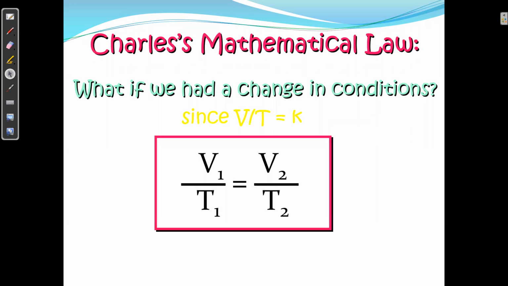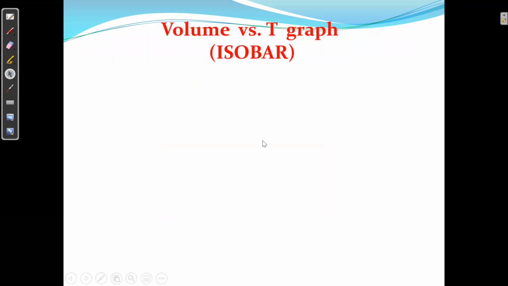Now what is constant in Charles's law? Charles's law is the relationship between volume and temperature by keeping pressure and n constant. Wherever any reaction occurs at constant pressure, that is called isobaric. So we can say that Boyle's law is the isothermal process and Charles's law is the isobaric process. Why is it isobaric? Bar means pressure and iso means constant. So any reaction which occurs at constant pressure is called an isobaric process. So Charles's law is the isobaric process.